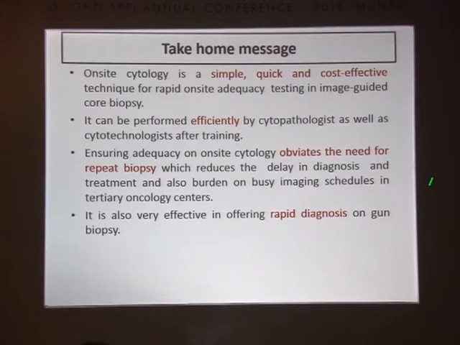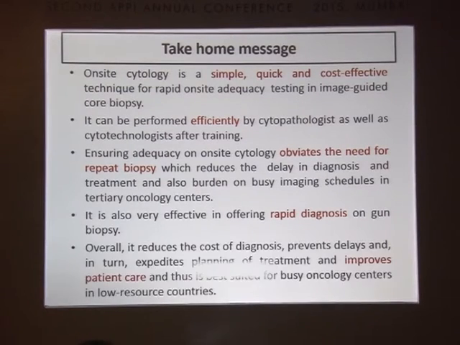It is also very effective, and this is what we are stressing, that the same can be used even for rapid diagnosis. If you are aware of different lesions, for example when you are doing a mediastinal biopsy, you should know that in a young male, you can expect seminoma. We had even a teratoma in the mediastinum. So something which looks benign can be part of a teratoma. So 1 or 2 glands in a little bit of mesenchymal tissue around, you should suspect teratoma in the proper site, that is the mediastinum.